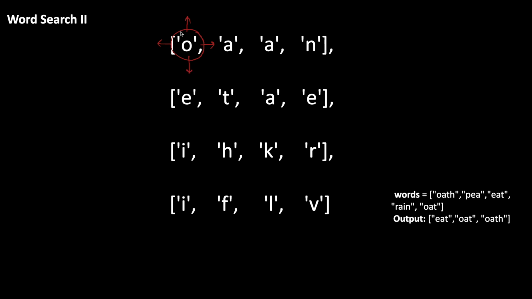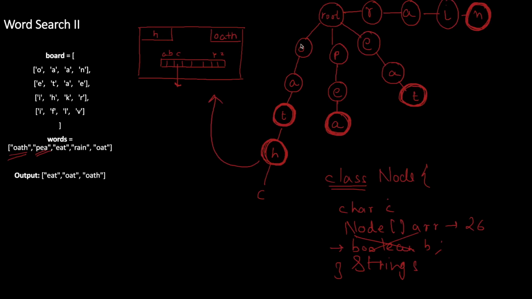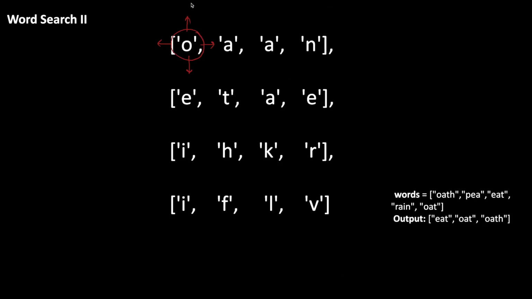And if you see in the trie node over here, it is linked to another node A. So we are going to find a character A. There is nothing on the top of O, and there is nothing on the left of O. On the bottom we have E, on the right we have A. So we will move over here, that is, from here we will move to this, correct? So once we are over here, now we have to call the recursion for this. That is, we have to call it for the four directions for A, that is over here, over here, over here, and over here.